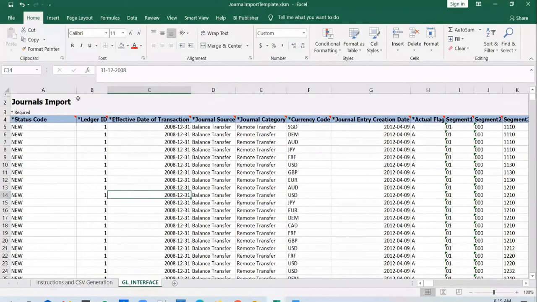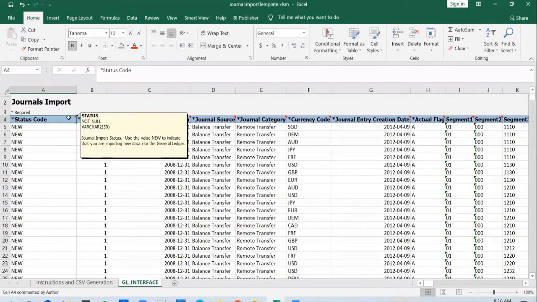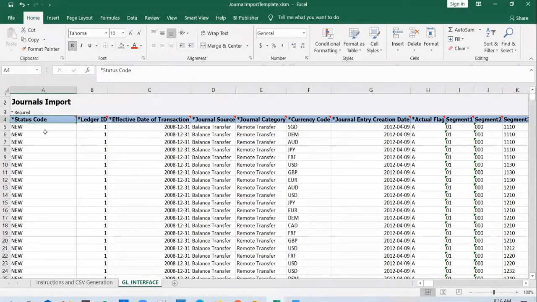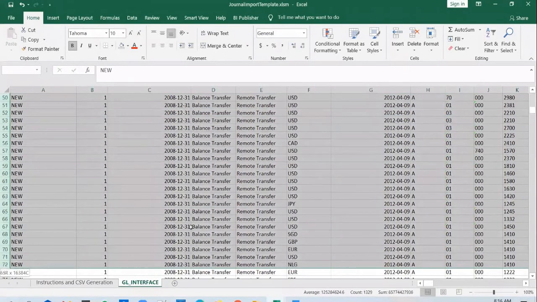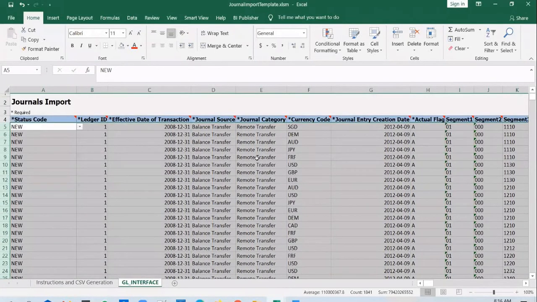Okay. And in this sheet, you have a header row, which indicates what fields you need to populate. And for each field, you will have enough information available. Mandatory fields will be marked with a star. If you put your mouse on top of it, you will have detailed comments for each column: which column will be populated, can it be null, what is its data type, and a couple of lines explaining what the column is all about. You also notice that there are some sample rows given by Oracle, which will help you understand in what format you need to pass in the data.